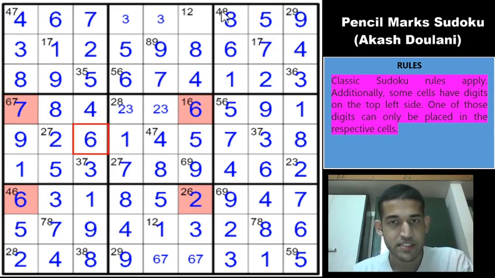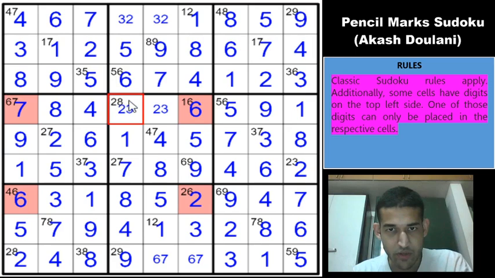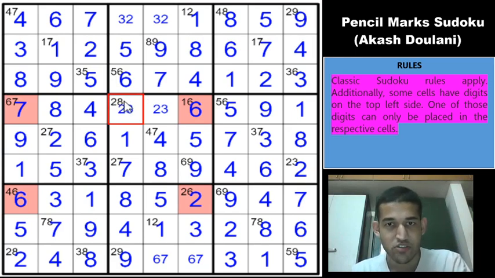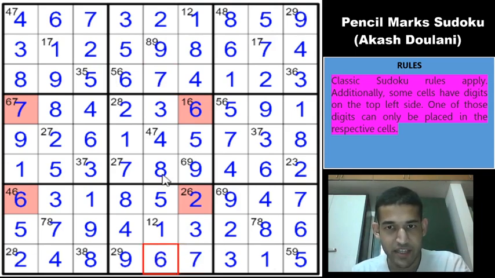And remaining digits in row 3 are 1, 2 and 3, but 2 is here, so this will be a 1. This will be a 2, 3 pair, right? So because of 2, 8 here, this cannot be a 3. This could have been resolved earlier too, I missed it. So this will be a 2, this will be a 3, this will be a 3, this will be a 2. And this 7 gives us a 7 and a 6 here. And with that, I think we have completed the Sudoku, right?